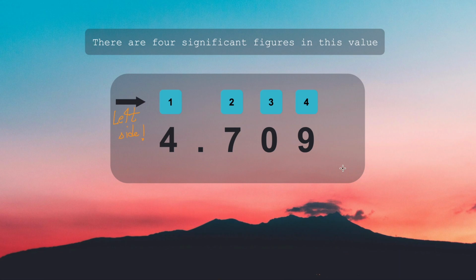For example, what if the values are more than this? For example, the values just continue. Let's say we have another value that continues on like 4.70914. I hope you can see the number here because of the color of the background. So you can say that there are 7 significant figures, but